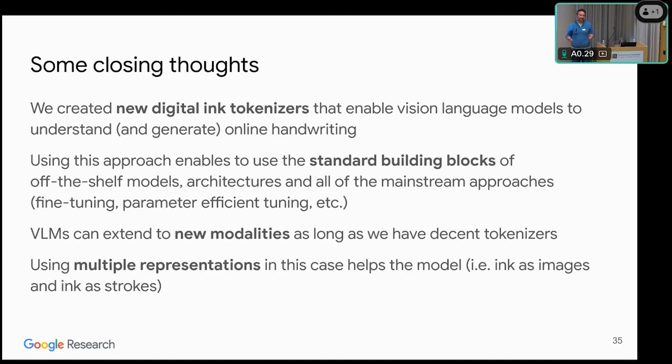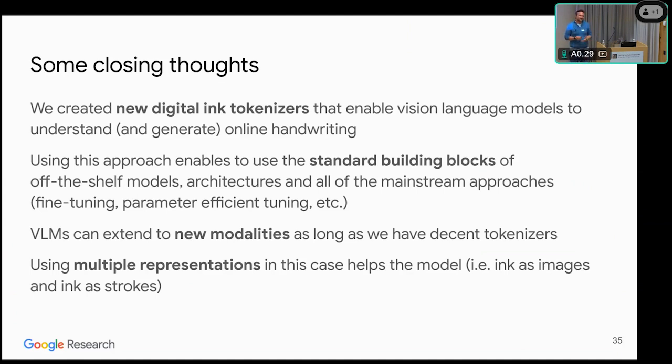And here, in a very short period of time, we can just render the ink in images, come up with a fairly simple representation to convert the strokes to text, throw them into a standard PaLI-type architecture, and essentially reach state-of-the-art results, or very close to, that had taken years and years of research to optimize against. And I think that really shows how powerful these models are, how flexible they are, how multitask they are.